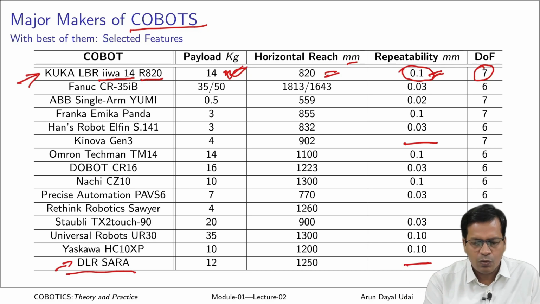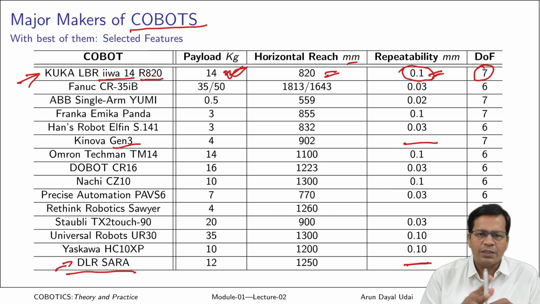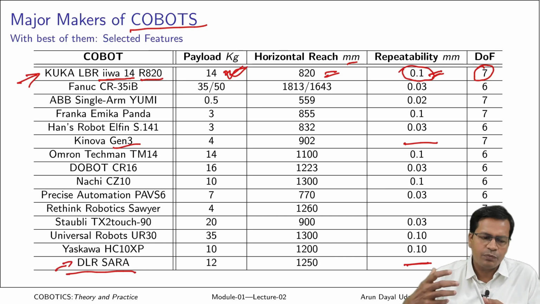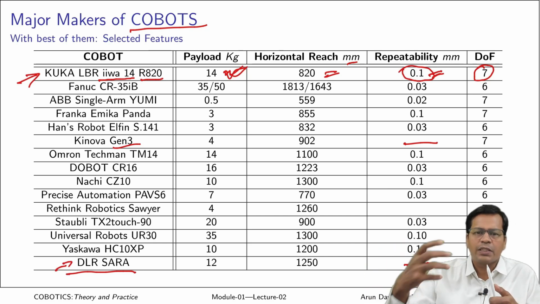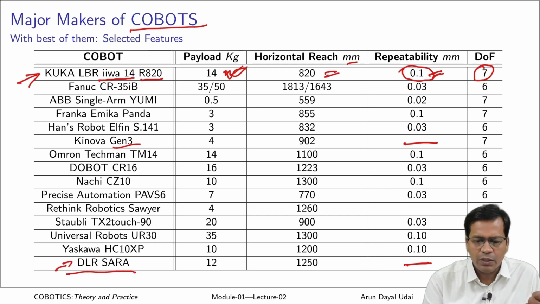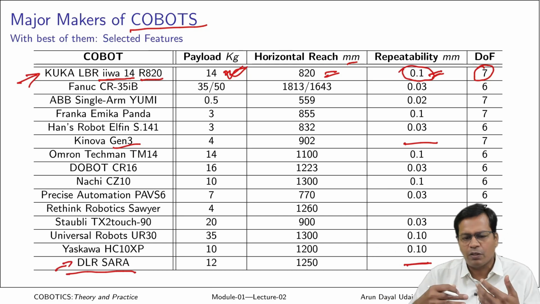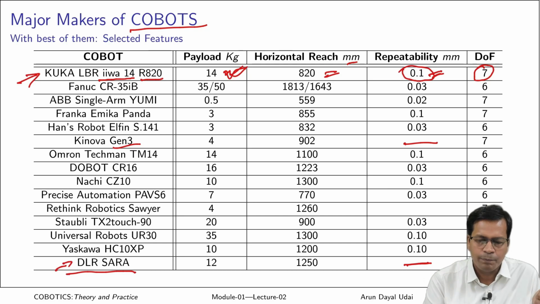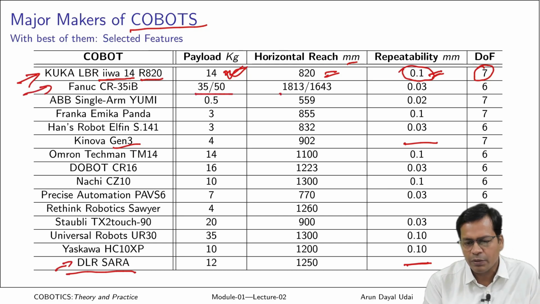like, say, Kinova Gen 3 or Kinova Jaco, which was also a version from them. They did not mention this because it may have very poor repeatability, but it is not meant to do precise industrial tasks. It may be for a wheelchair-mounted robot when a human does some kind of domestic stuff. In that case, there is always a human in the loop, and that is not very significant. Fanuc is one of the largest capacity cobots being made, with a very good reach also, and repeatability is very good. It is at par with a standard industrial robot.